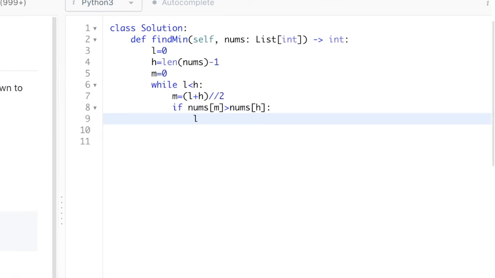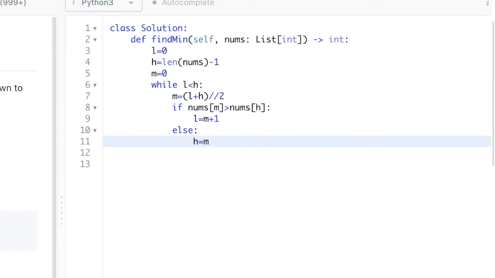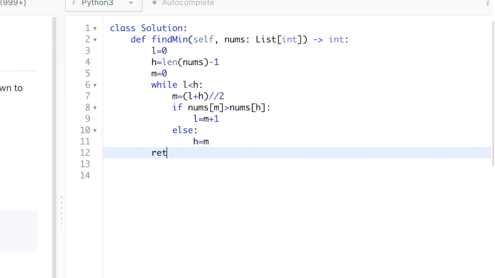So low equal to mid plus 1, else we have to change our high to mid, and whenever this condition fails we have to return our value present at nums of low.